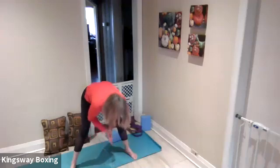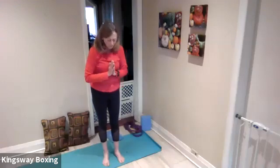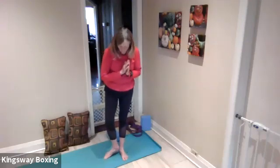And bringing your hands to heart center, coming all the way up again, bringing your feet in, and let's move into our balance poses before we go down to the mat. So let's start with tree pose. We bring our heel to our ankle, and we can leave that with our toe on the mat if we like, or we can bring it up. We can bring our arms up high, wherever we'd like our arms to go, and stay